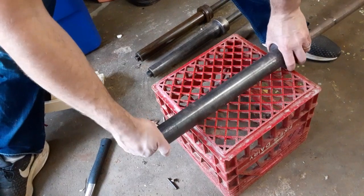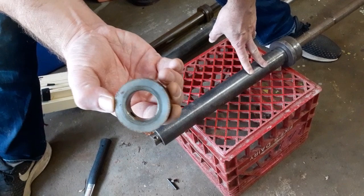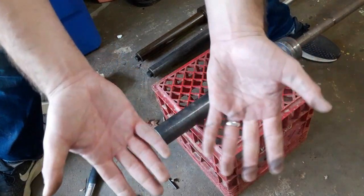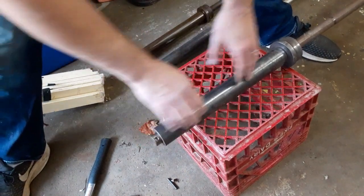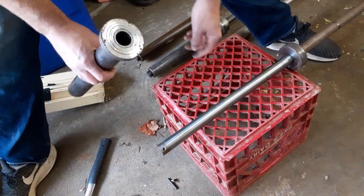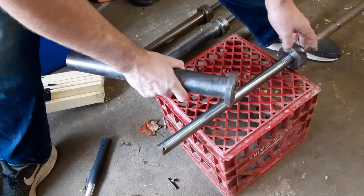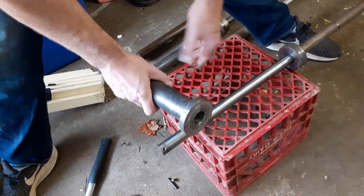At this point, you're going to take the end cap off. That's what it looks like. And you might want to put on gloves if you don't want to get dirty. You can see my hands are already dirty because underneath here, I'm pretty sure we're going to discover a lot of grease. Oh, maybe not. Look at that, how beautiful this bar is. This is rare. This is definitely rare. Maybe someone who had this before me worked on it, but this is not the typical case when it comes to